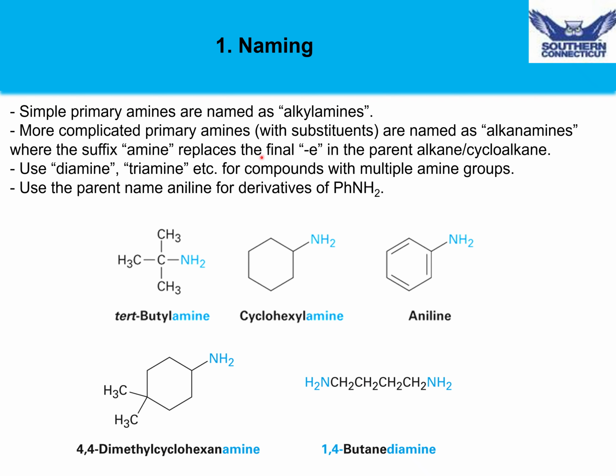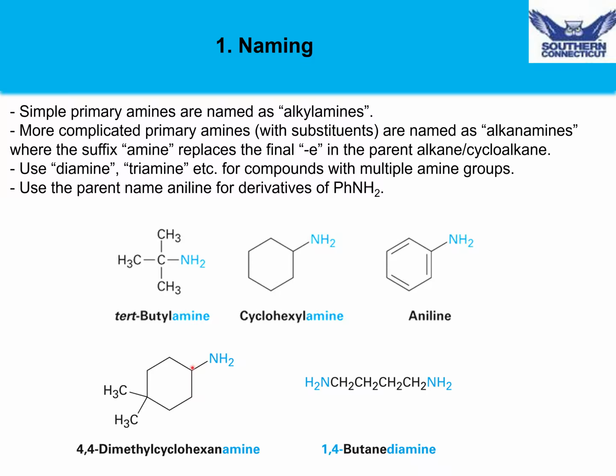Here's a few examples of primary amines and how they're named. The first one is tert-butylamine, since it contains a tert-butyl group attached to an amino group. The next one is another simple amine, which is a cyclohexyl group attached to an amine, so its name is cyclohexylamine. A slightly more complicated example has 2 methyl groups at the 4 position of the cyclohexane. So this is named as